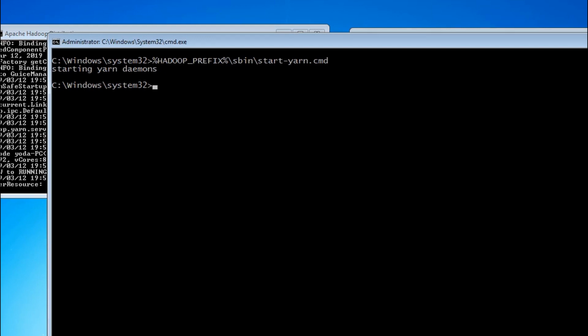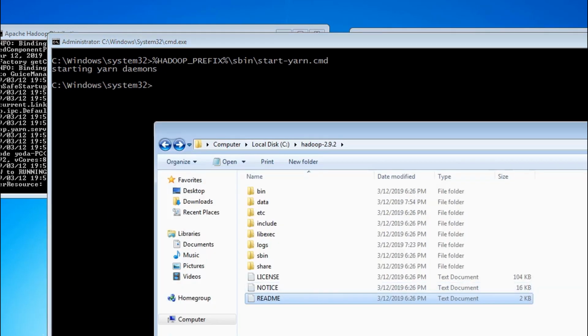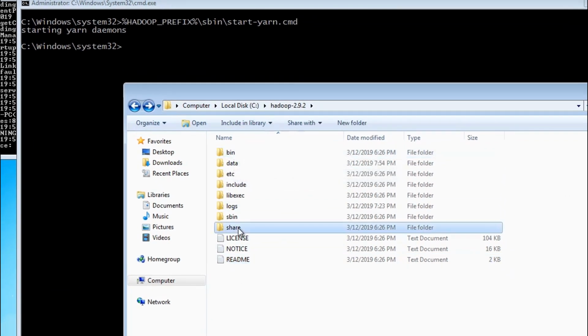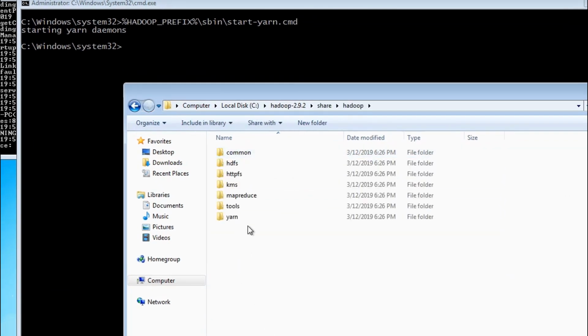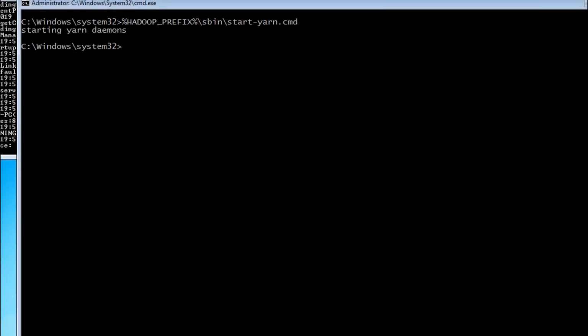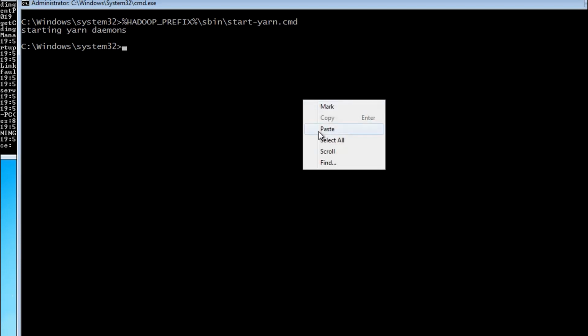Now let's execute a sample MapReduce file from the examples within MapReduce. So we are going to execute this Hadoop MapReduce examples 2.9.2 jar and specifically the word count program inside it on our readme.txt, which we copied into HDFS.